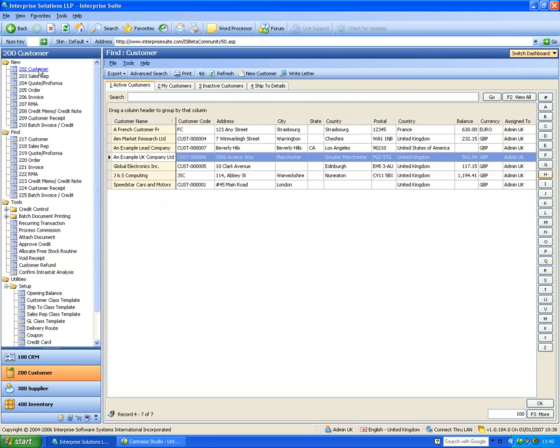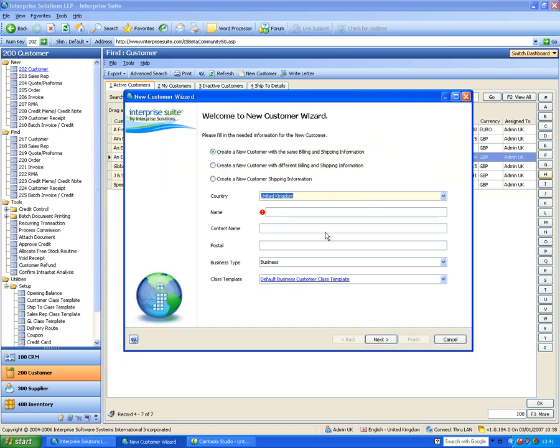I touched on this in CRM, but let's create a new customer record. Okay, the country is the United Kingdom. If I pick somewhere like France, for example, I've got to pick a name first. A customer, I'll put France on it, so we know it's going to be a French one. What we basically have here, because we are integrated to an e-commerce system,